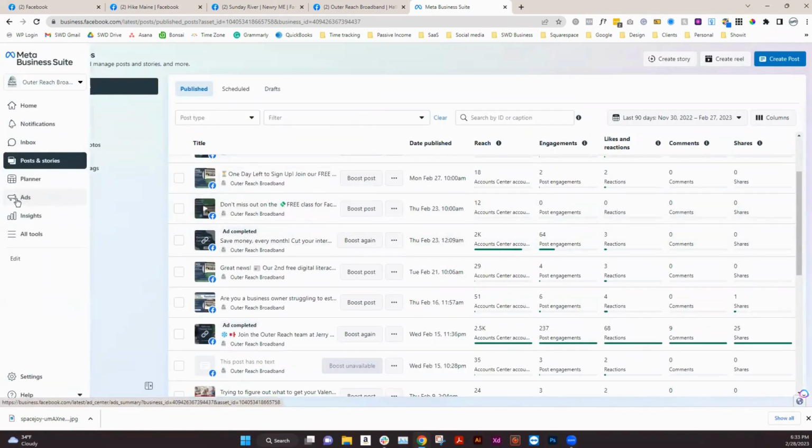So again, the boosting, the ads, they're very similar, but very different. So the details we can get into in the advanced class. But the insights down here,